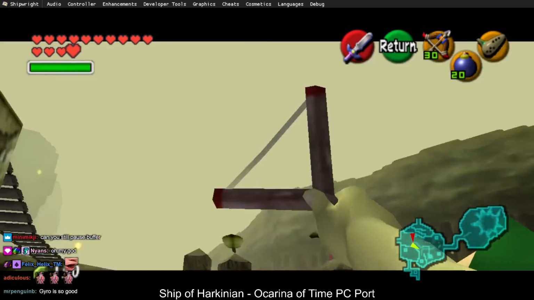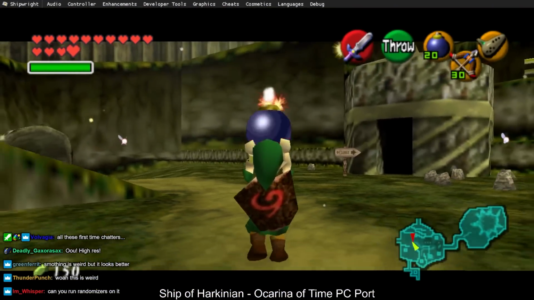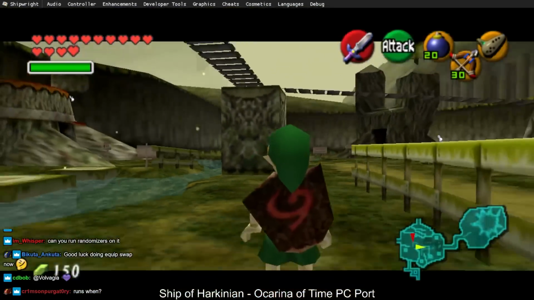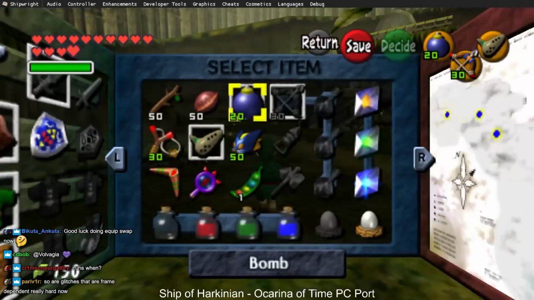So gyro aiming is really cool. Hessing is weird though. There's nothing functionally different about Hess, it's just really weird for me to do on this. Good luck doing an equip swap, yeah. Well, actually, so the menu...